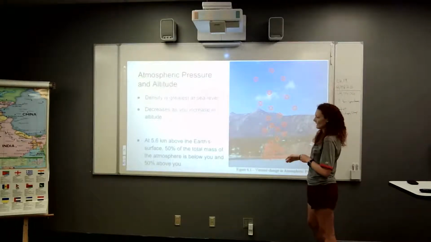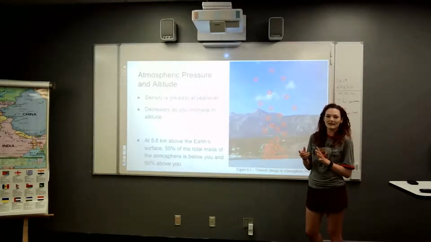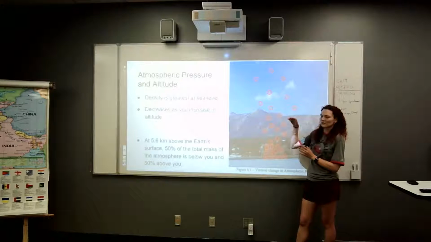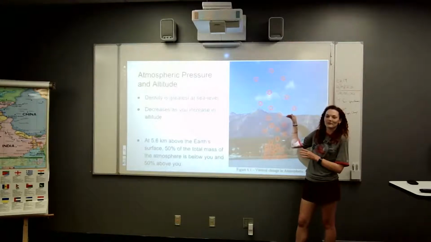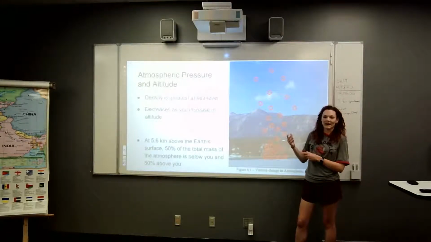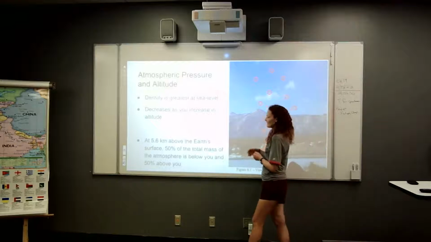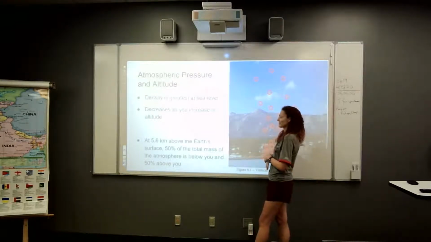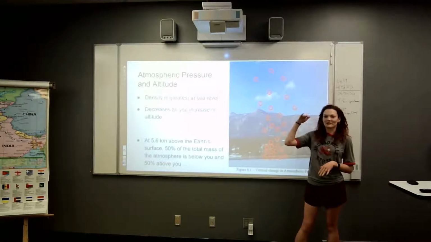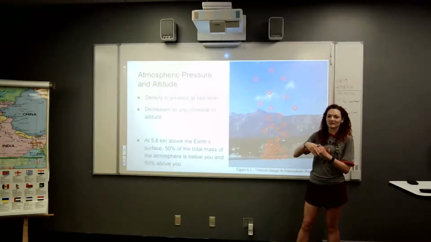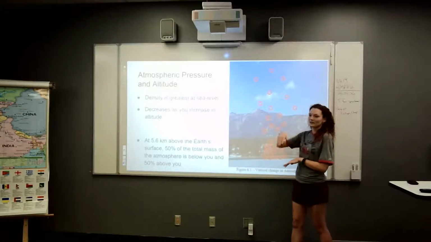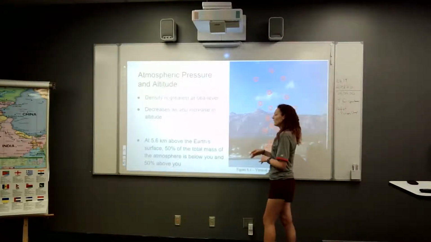There's actually a way to calculate it, sort of: every 5.6 kilometers you go up in the atmosphere, the pressure divides in half. This is a really fun fact. I like this fact, I think it's interesting. At 5.6 kilometers from the Earth's surface, which is really not that far, about 3-ish miles, so about 3 miles off the Earth's surface,